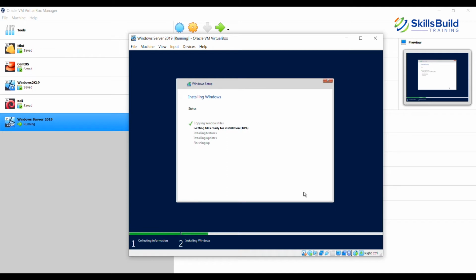Of course, this is the manual installation we are doing, but there are different ways of installing Windows Server or Windows desktop operating systems like Windows 10. You can always automate the installation where you don't even have to sit through it. You can create an auto installer script, and that will automatically do the installation for you. You have to define the parameters like the system name, the username, whether the user is going to be the administrator or not, and how much disk space you need. All those parameters you can define in that installation script and simply execute it. Everything else happens automatically.